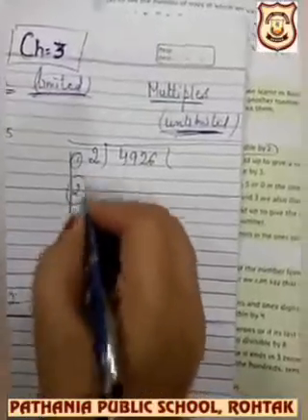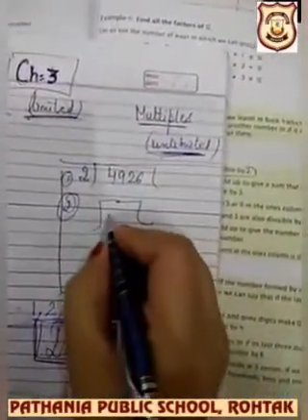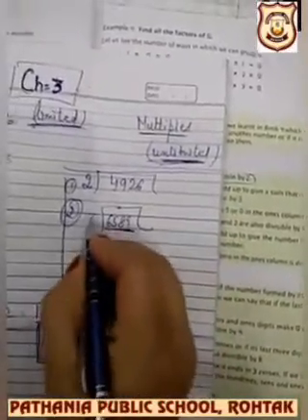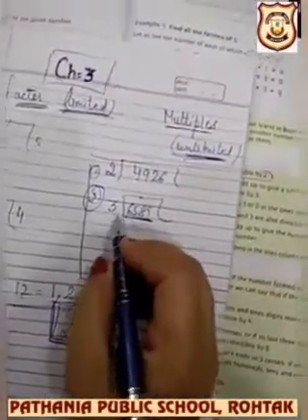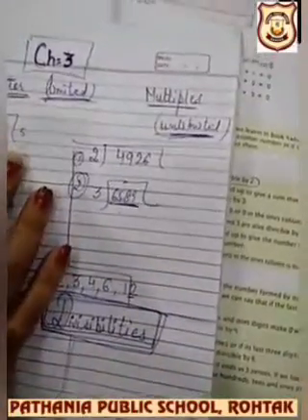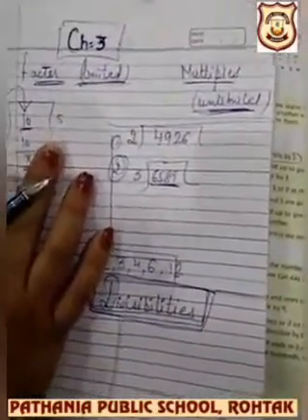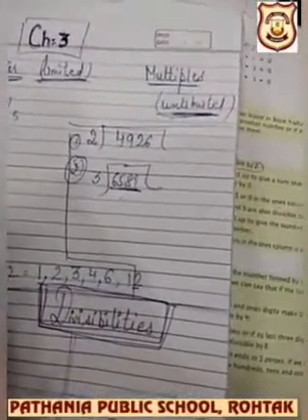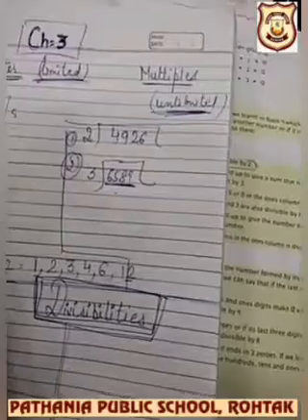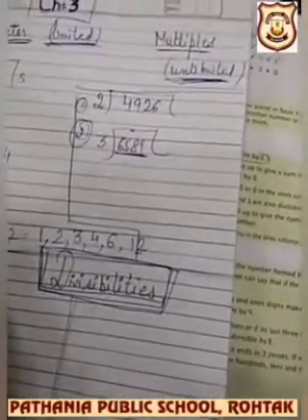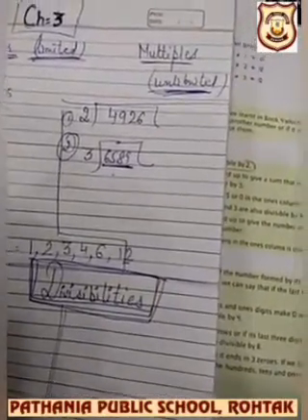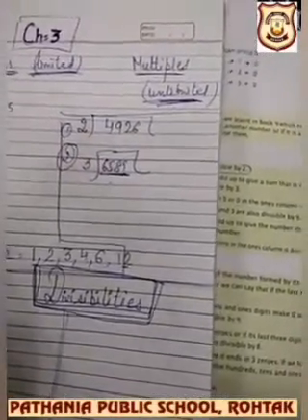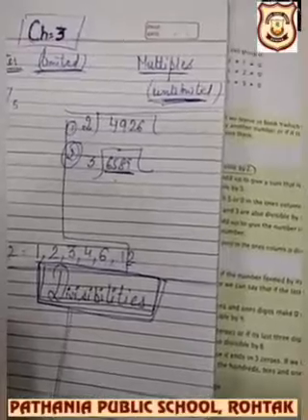Next, if I ask you whether the number 6589 is divisible by 3 or not, again you will divide it by 3, and if the remainder is 0, then you will say yes, otherwise no. Similarly, if I ask you whether any other number is divisible by 8 or not, again you will divide and tell me whether the number is divisible or not. So to do this, you will take a minimum of 2 to 3 minutes, right?